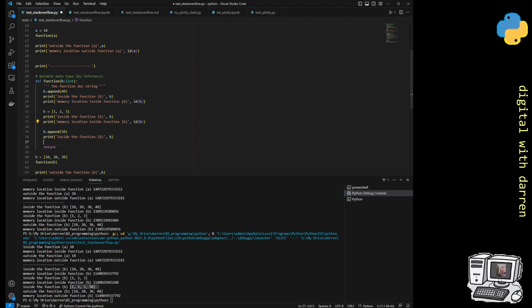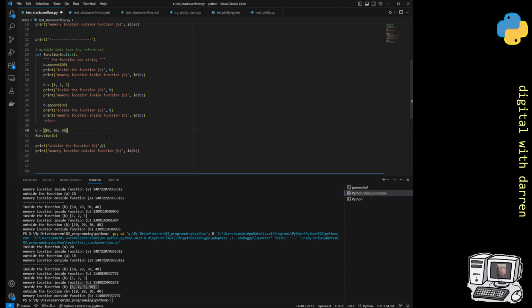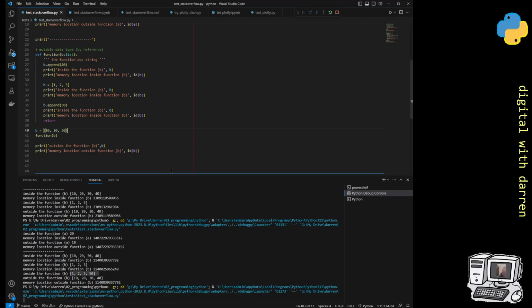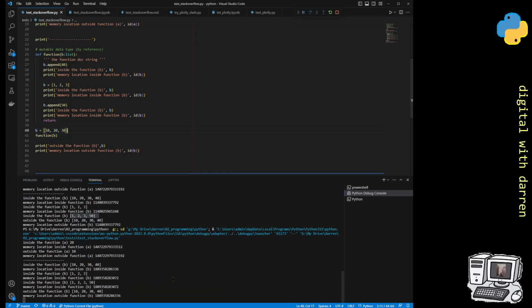So I'm just going to take this block of code and paste that over here and run, and we are going to see that this memory location, let's just color them maybe or circle them there, that these two memory locations, which are both inside of the function, are identical to each other,